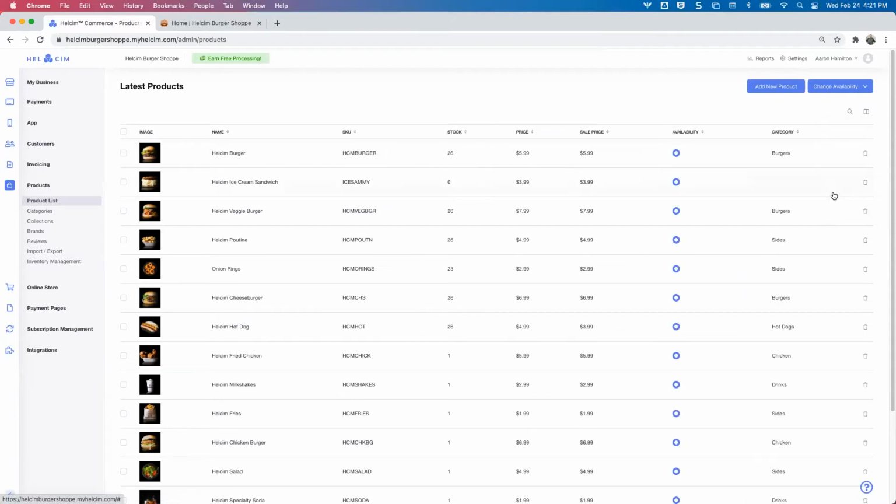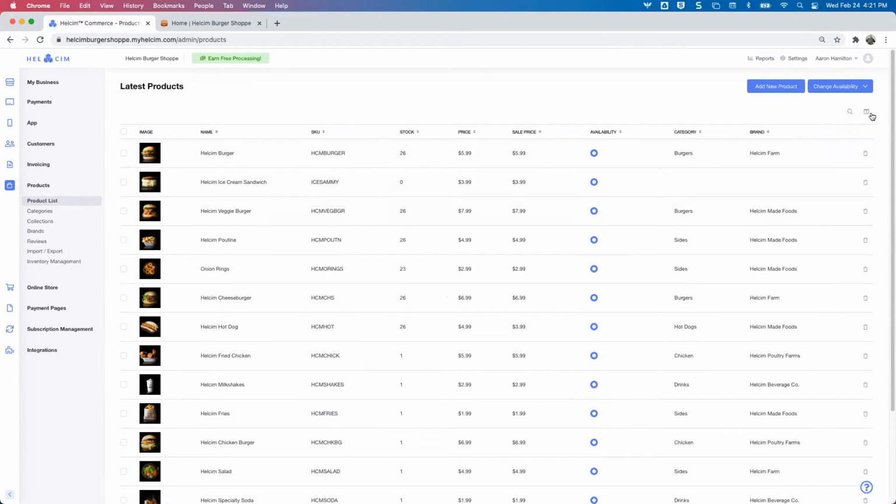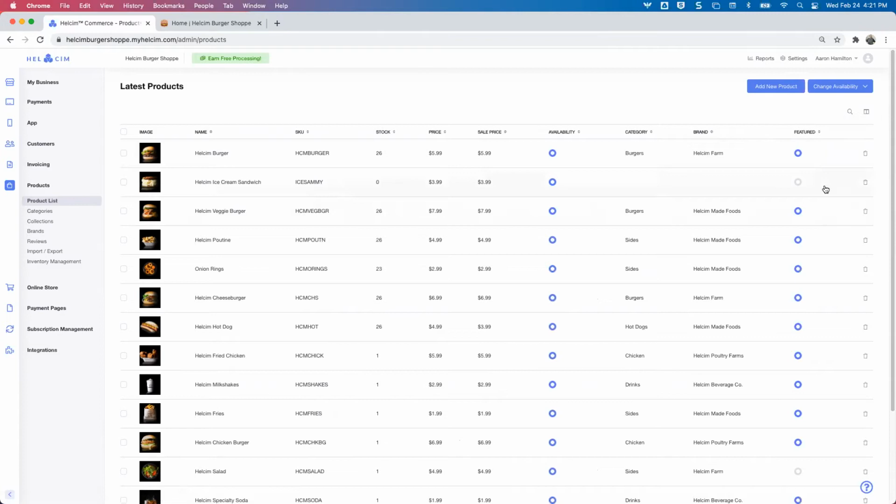So for example, if we turn on category, we see categories here. If we turn on our brand, it will display the brand for us, et cetera, et cetera. So add features, you can add and remove any of these columns that you choose. And you also have the option to sort them by clicking on the arrows here next to each of these